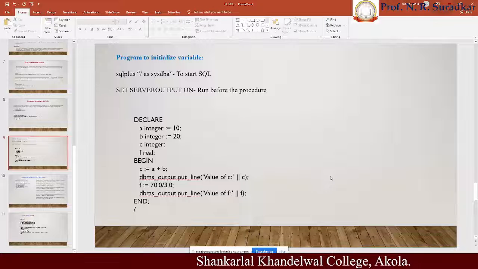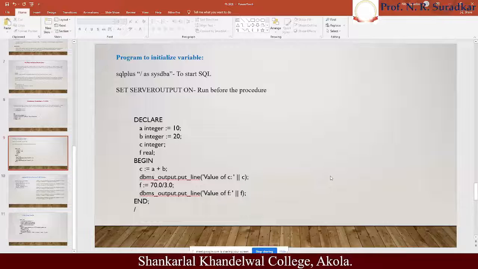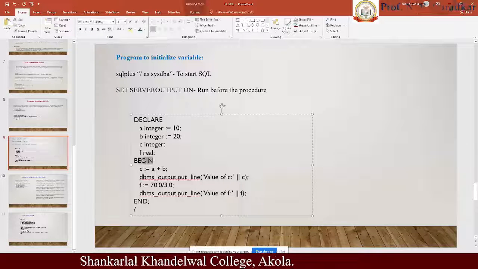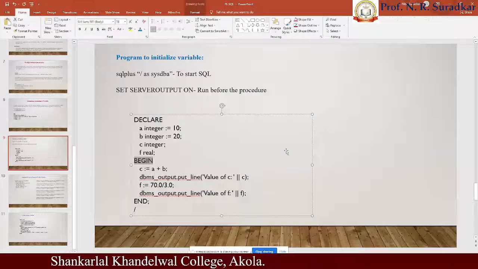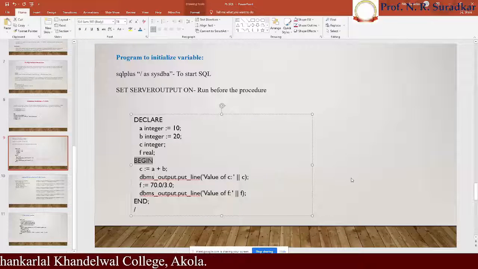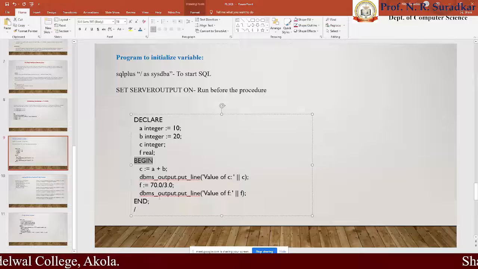The next section is the executable command section, where the actual program execution happens. Here we use the begin keyword, which specifies that from here the commands will execute. Whatever operation we put here will execute here.